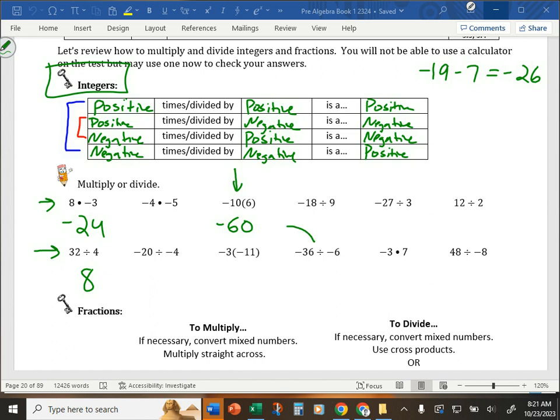Here's an example here. Negative 36 divided by negative 6. If you know what 36 divided by 6 is, 6, the fact doesn't change. A negative divided by a negative is a